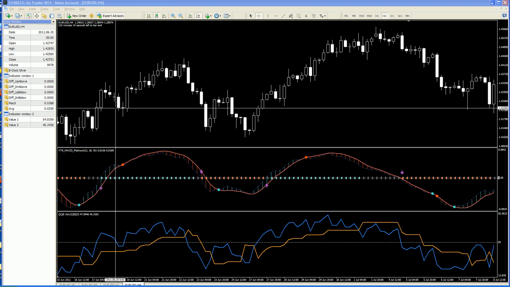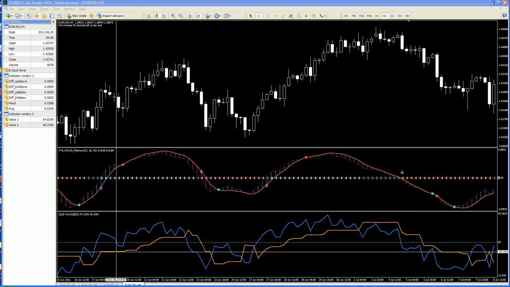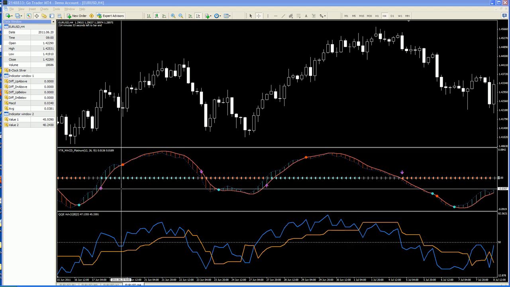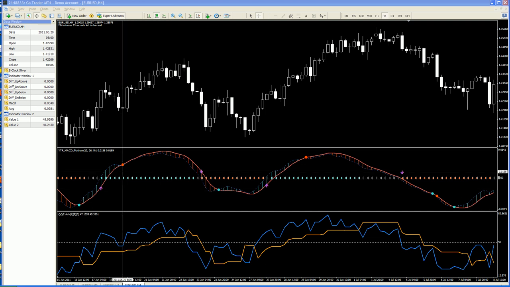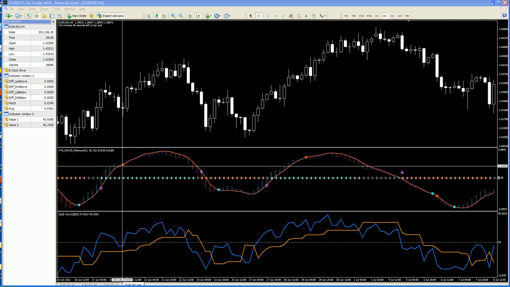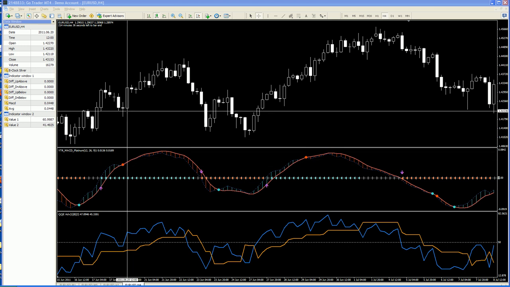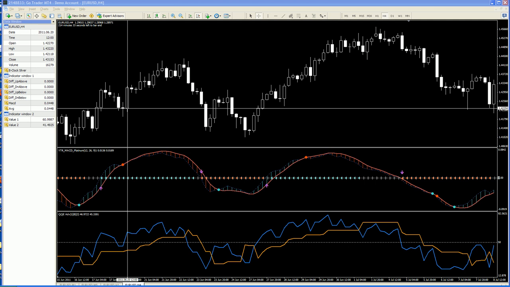Now we keep on going up. Now we have a cross back down of the QQE that's ignored because it's still above the yellow, the orange line. So just ignore that completely. And this is where I'm talking about closing out half. On the first example, we have a red or orange dot on the MACD platinum. So on the open of that candle, I was thinking if we could close out half the position,